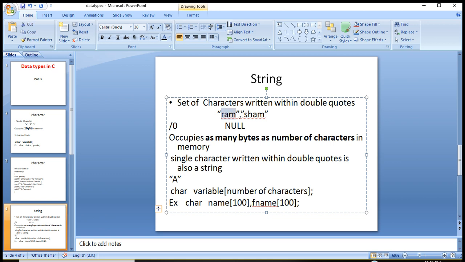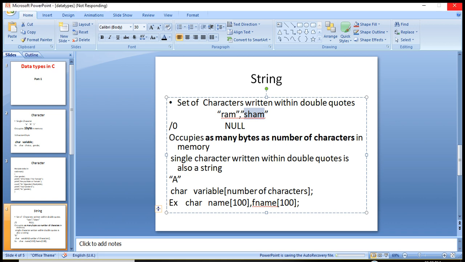In the case of declaring a string, we also use the char data type. char is a keyword in C. We write char, then the variable name, then square brackets and the number of characters, meaning the total number of characters. So we have taken char name and char fname, two variables that will allow us to store 100 characters in each. So we have cleared string.